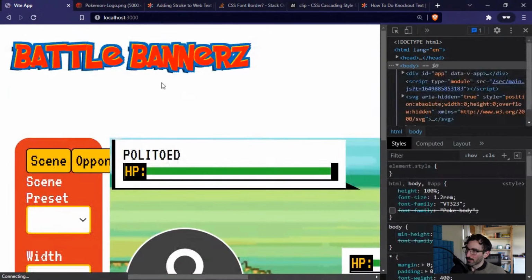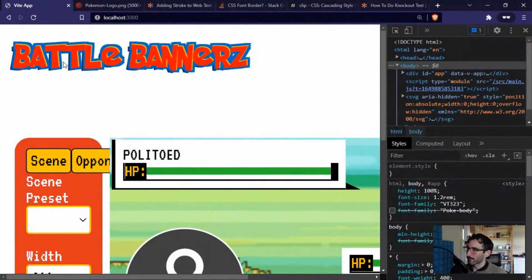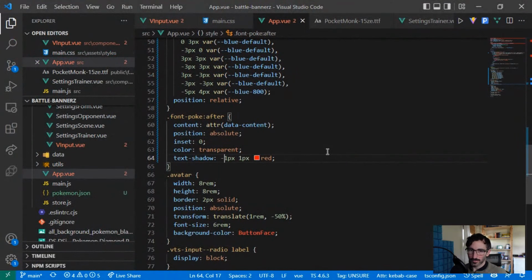Right. So now what I have is if I reverse the yellow and the red, then I pretty much have it. But they need to be in a different order. So like this, then the light yellow in there becomes the shadow, the red becomes the yellow, and then I think we're kind of good enough to go. There's a little bit of a difference there, but maybe after with the transparent and text